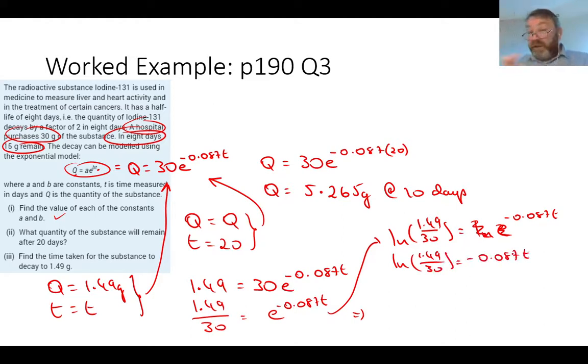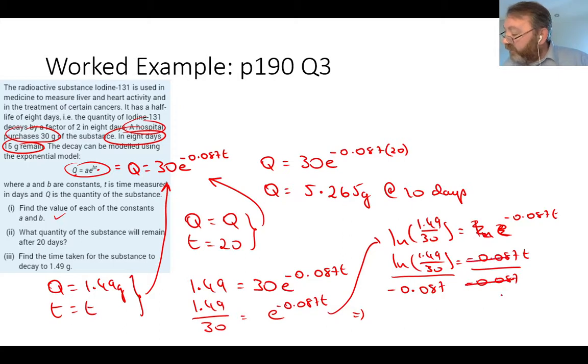Now you'll notice I haven't done any calculations yet. I am manipulating the formula before I go to the decimals if needs be. And the last thing to do to get t on its own is to divide across by minus 0.087, and that cancels to give t equals,